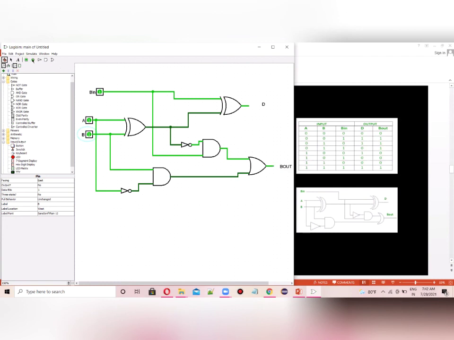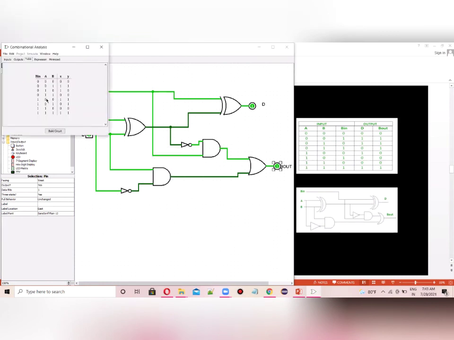So let's connect the outputs here and here. Now let's go to Project and Analyze Circuit. Now you can see the table clearly. When we connect the LEDs at the output, we won't receive the output in the Analyze Circuit, so it's better we connect output pins.